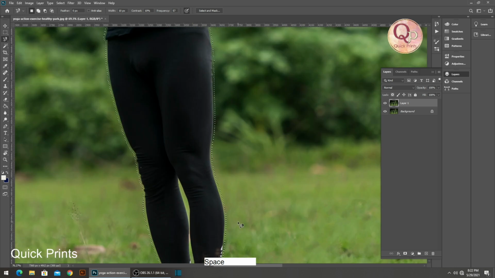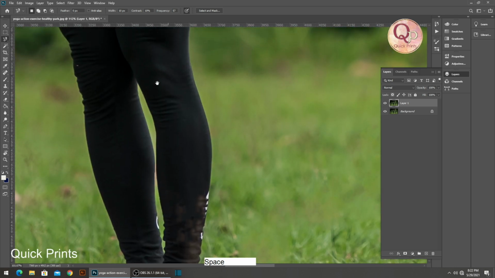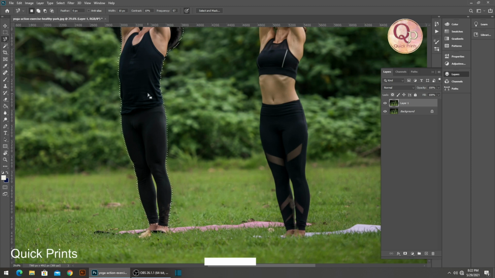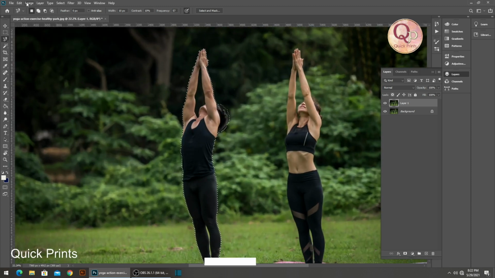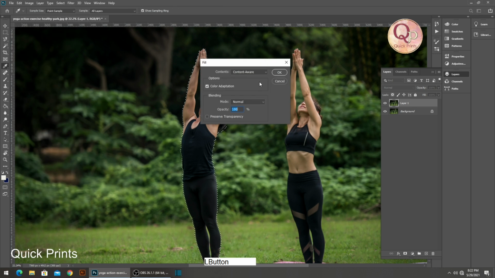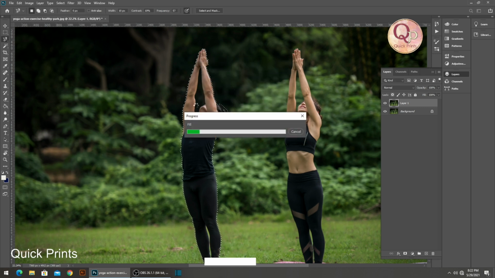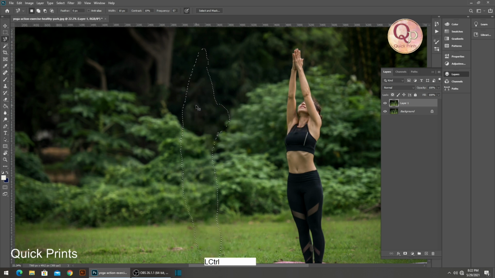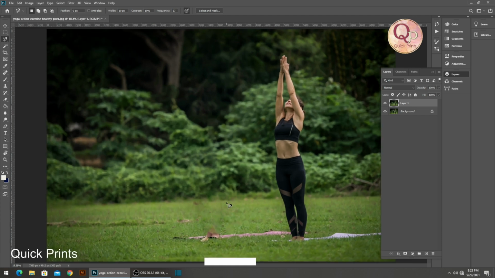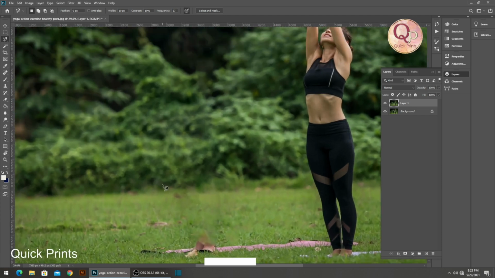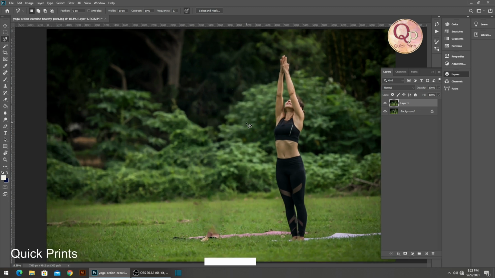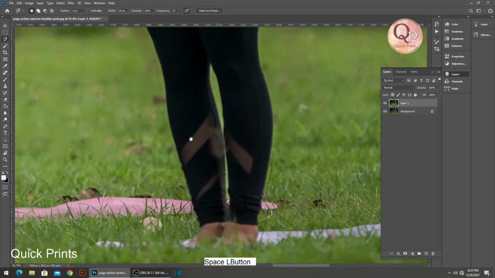Now you can see everything has been covered, in case I left somewhere, right? So for that, the next command is Edit, Fill and Content Aware. Just click on color adaptation, start it and see the magic. It is processing, it will take a slight bit of time. Now you can see the image has been edited. There are a few parts which seem slightly unbalanced. We will cover it later, right? Let's move forward to the next object.